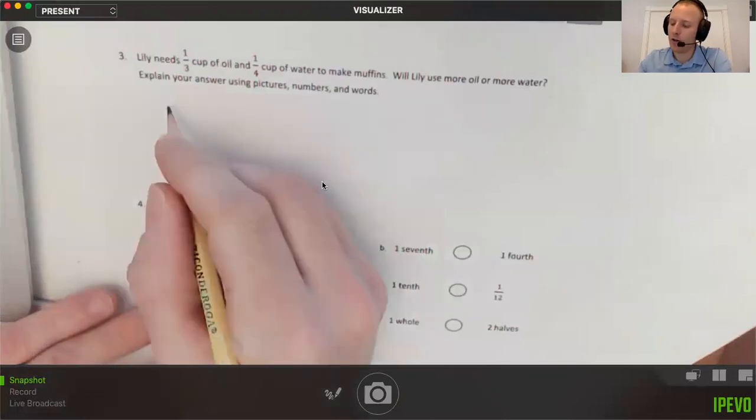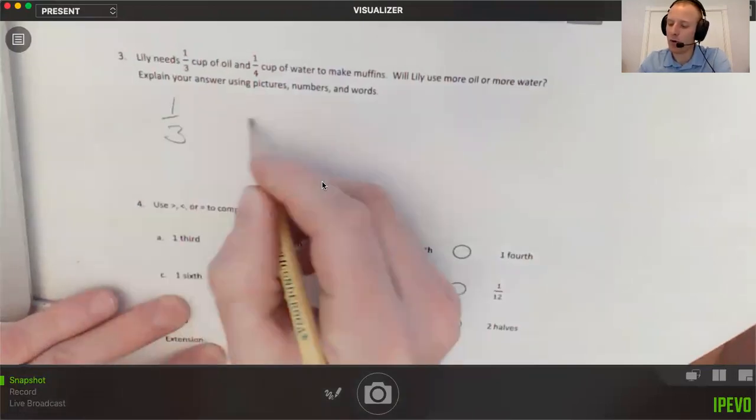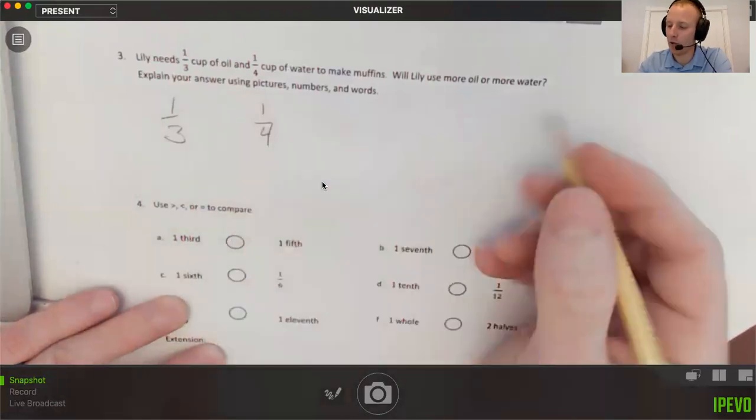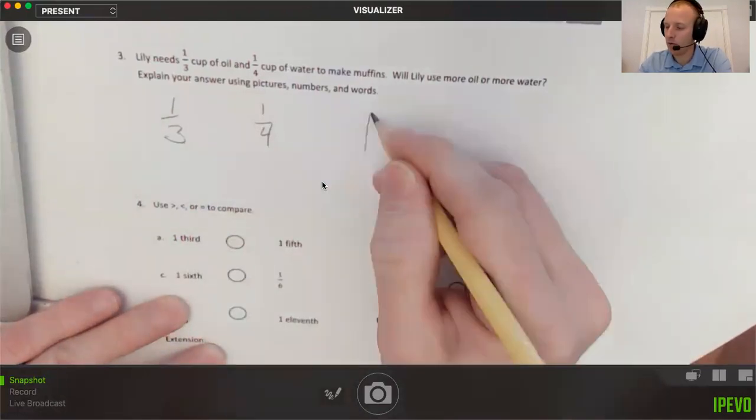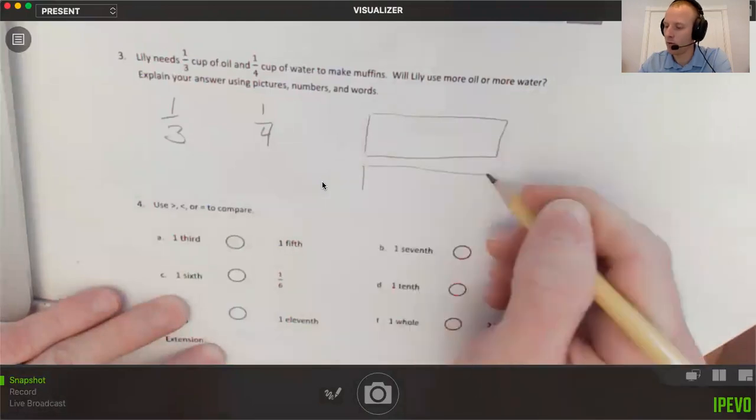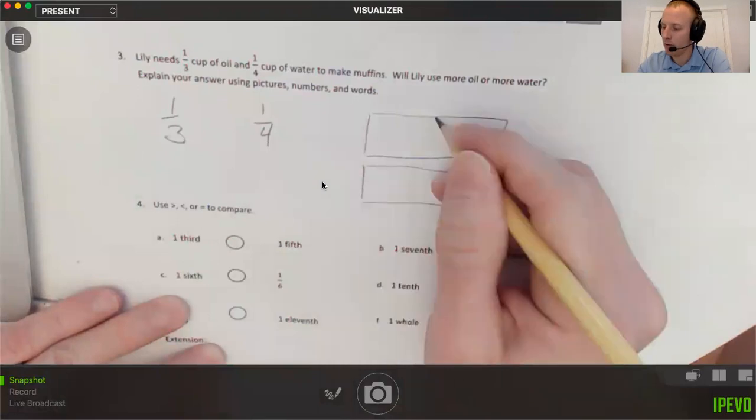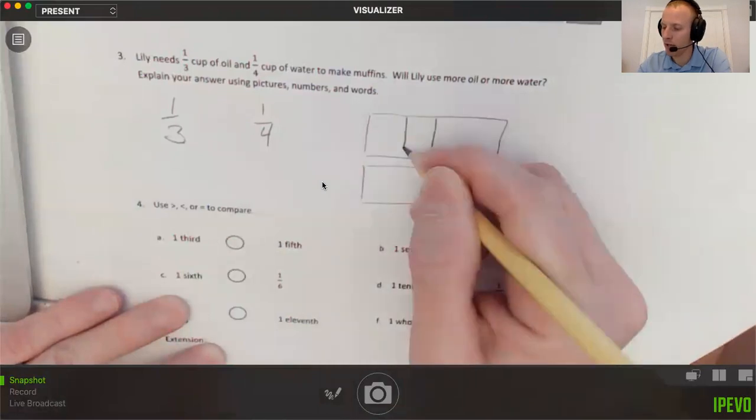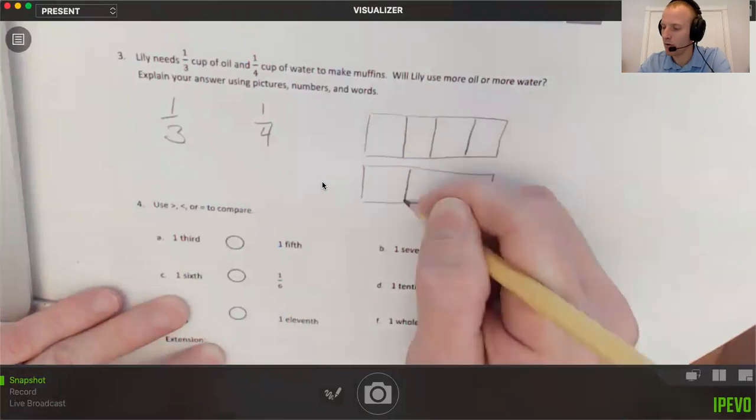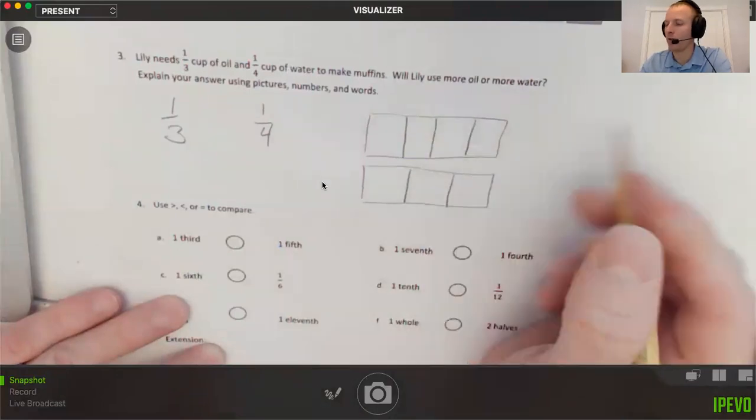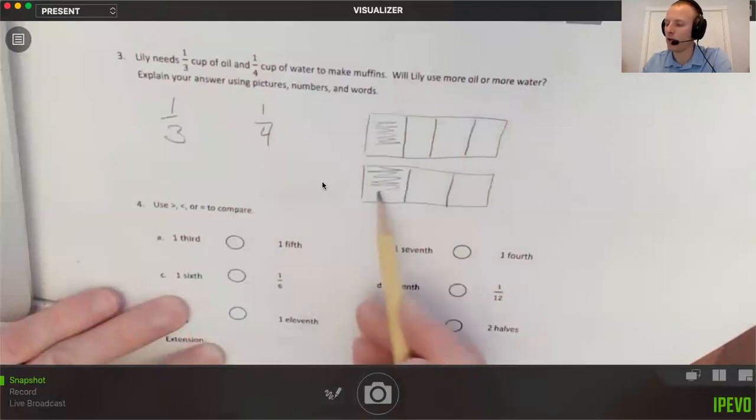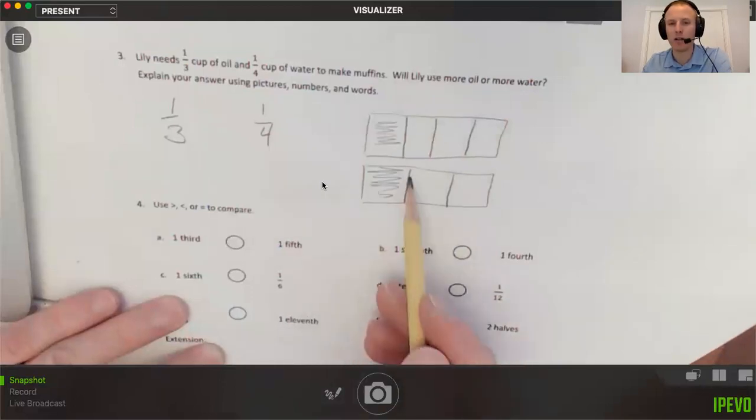So we have 1/3 and 1/4. And I'm going to use my greater than or less than sign. But the way I'm going to do it is I'm going to draw 2 holes, 2 equal holes. This is where drawing accurately does help, right? So I have 1/4 shaded in and 1/3 shaded in, and you could see from my drawing that 1/3 is